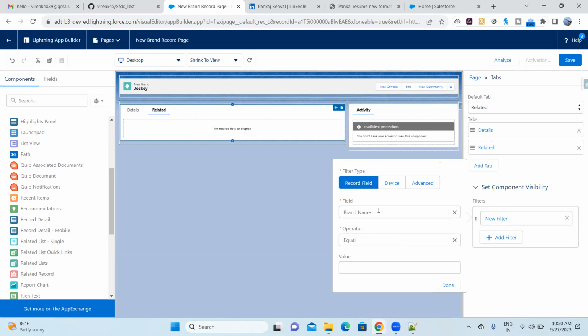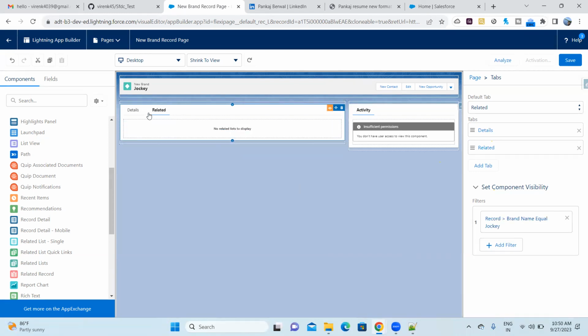Brand name right now is a field which we have created, and because it is a text field, you have to give a text here, like Jockey. So this content will be only available when the brand name is Jockey. So if you see, this is an i icon, it means the visibility is set. So you can save it.